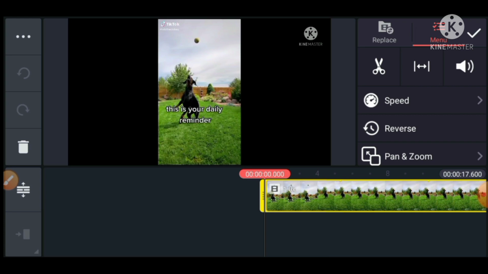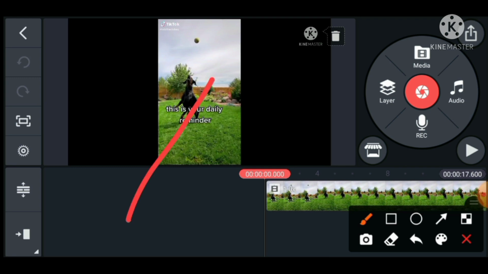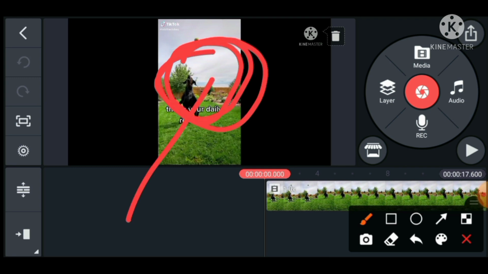Okay, so once you get to your KineMaster interface, this is your canvas. This is your KineMaster canvas. That means everything you get to design, every one of your videos will be displayed on the canvas. So that is where you get to see your work and everything that is going on. So next to that is